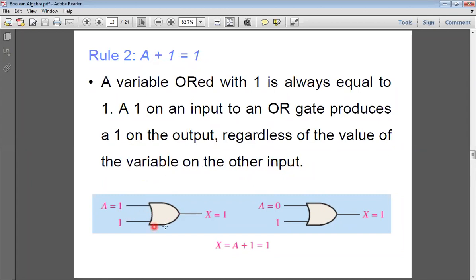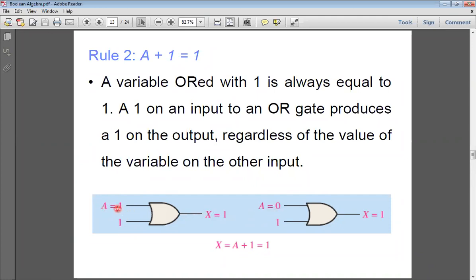For our operation, we need an OR gate. The second input is 1, so the second input is fixed at high, or 1. The first input is A. Let's give A equal to 1 here. 1 OR with 1, so what we get is 1. 1 plus 1 is 1. In yesterday's class, we described the definition for the OR gate. There we said 1 plus 1 is 1. So this is the output.